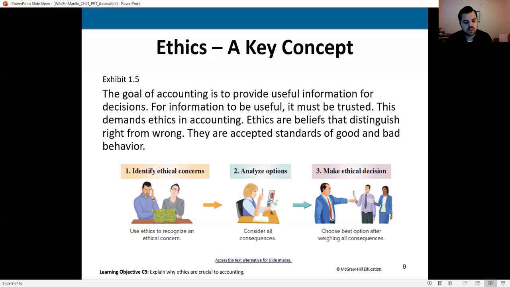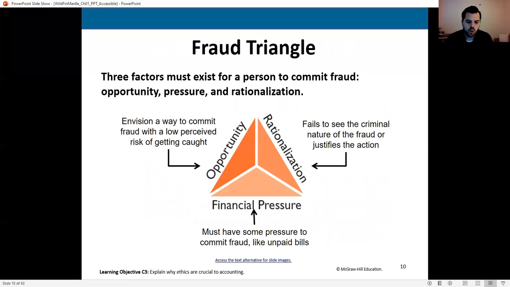What I am saying is, yes, mistakes get made. But if you are intentionally making the wrong decisions, if you are intentionally changing your financial statements for some type of gain, that is fraud, and that will result in you going to prison. So what we want to look for when we're trying to determine, do we have fraud here? Could this be a fraudulent situation? There are three main things that tell us there's a high likelihood that fraud could be occurring. This is what we refer to as the fraud triangle.